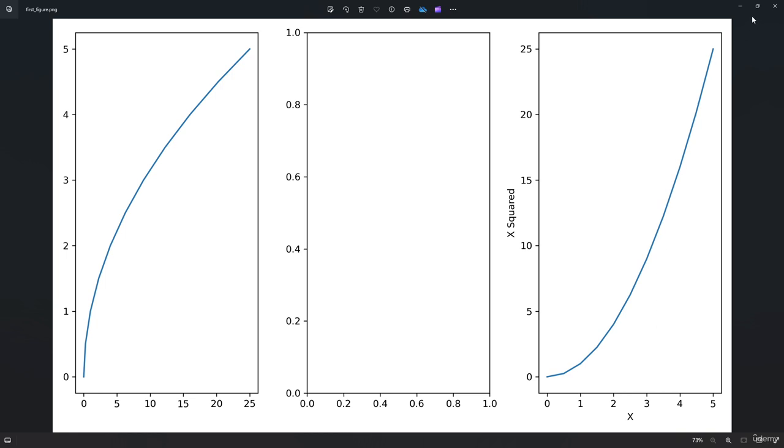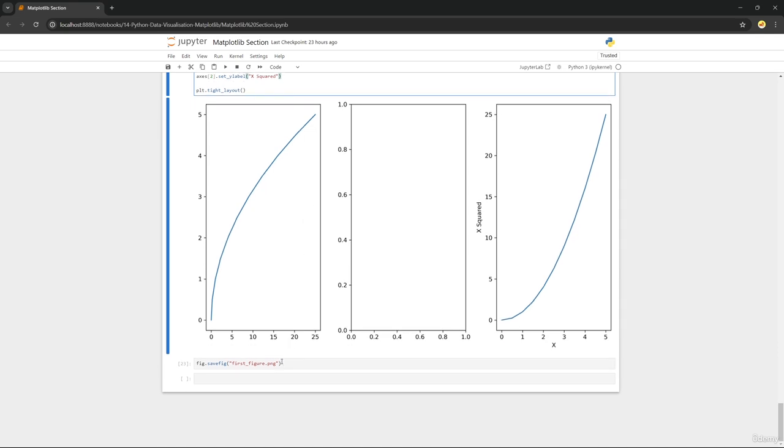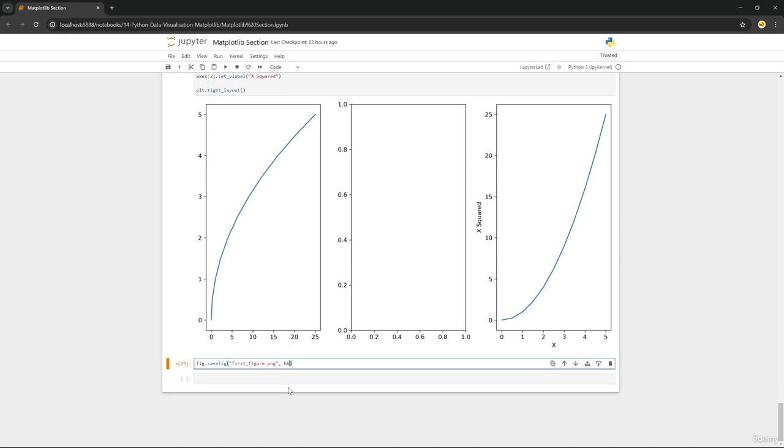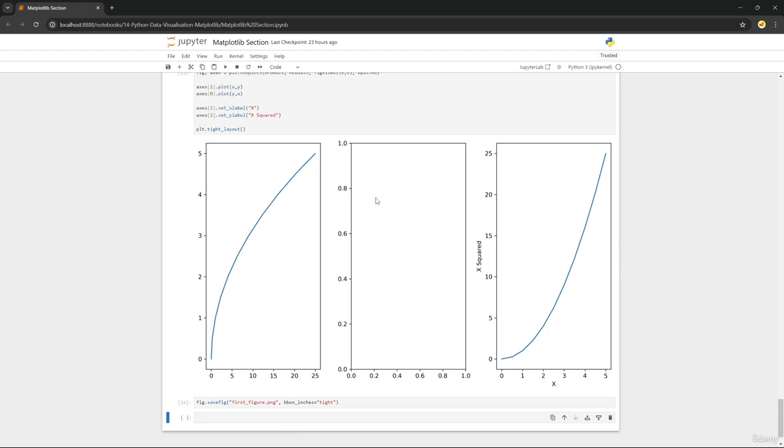machine. And by the way, my plot is okay here, but if your image doesn't contain your plot title or is missing some axes, we can go back to our savefig method and pass in bbox_inches and set this to be tight. And this basically makes the content of our figure fit a little more tightly by removing any unnecessary white space